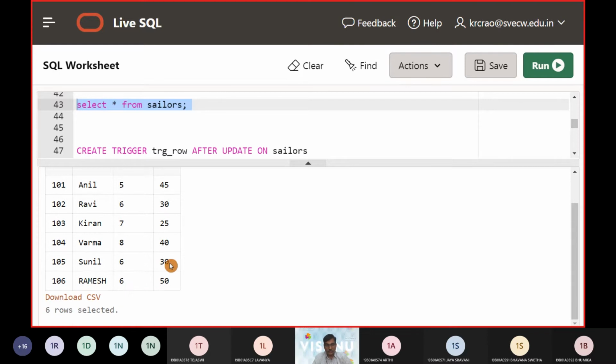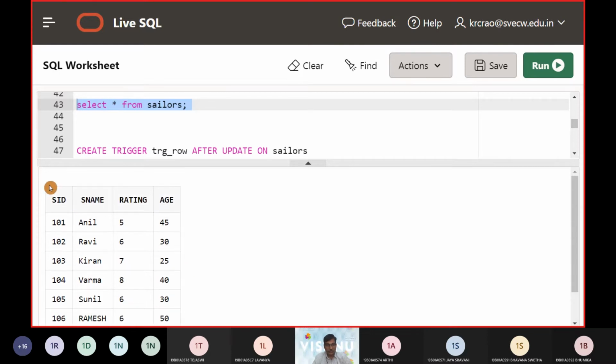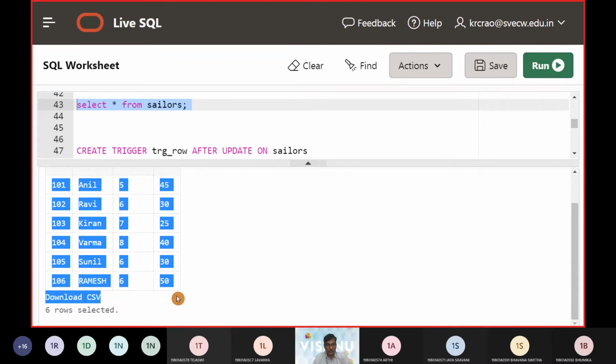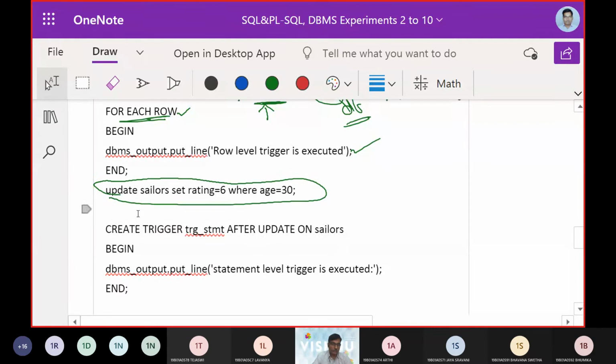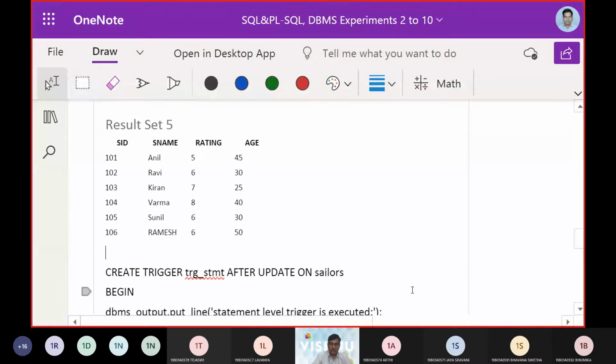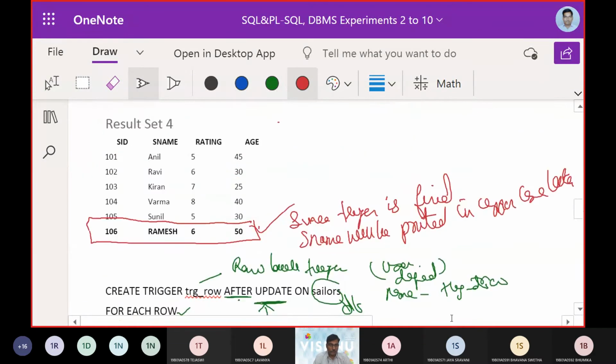The reason was his age was 30. So that is the reason why, when we made this query operation, Sunil's record, earlier it was 5, is now converted. So you can check this.